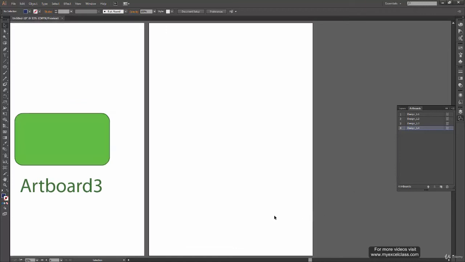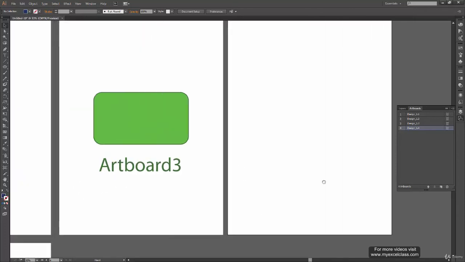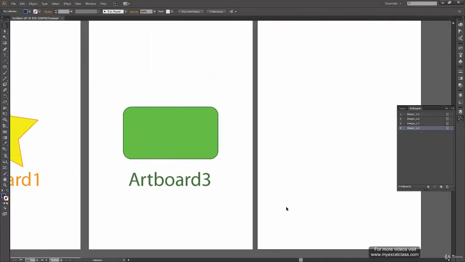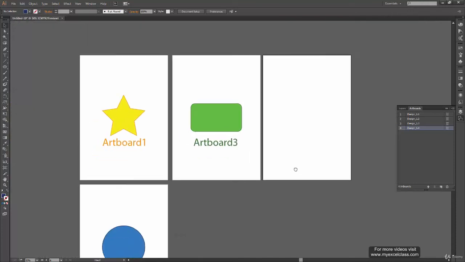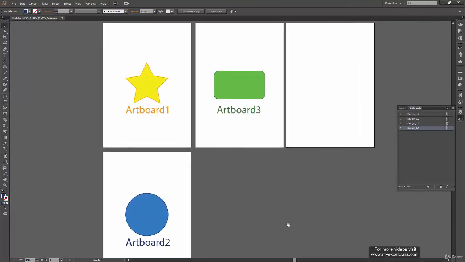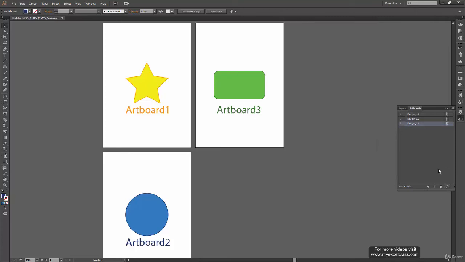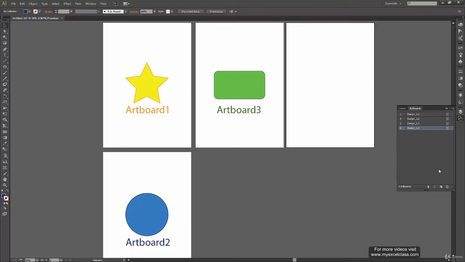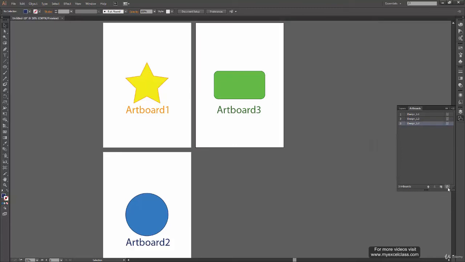Okay, so in this artboard we can again go and create a few things and have our artboard ready with a different design. But we are not going to do that because we have other options to see. So let's say we have one of our artboards selected here and we want to delete it this time. You have a delete button over here. It is very obvious that when I press this button, it will delete the artboard.